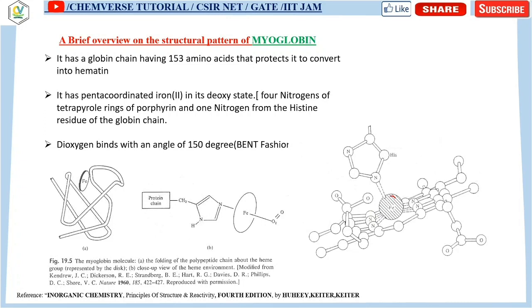What you can see, this is the central iron atom. Now it is a plane where the porphyrin ring was present. So if you just check this part of this diagram, you can see that the iron 2 plus center is slightly above the porphyrin ring.